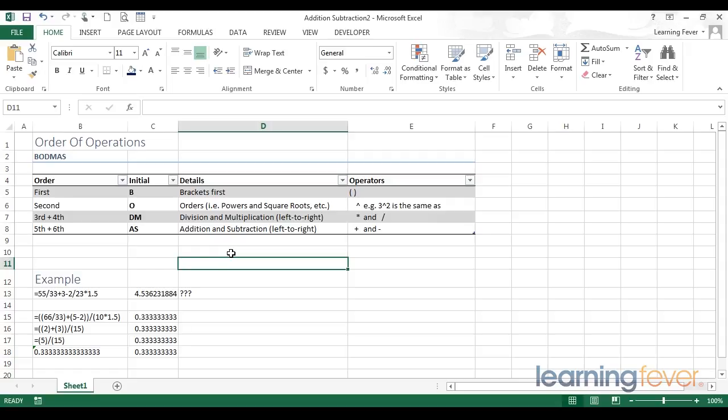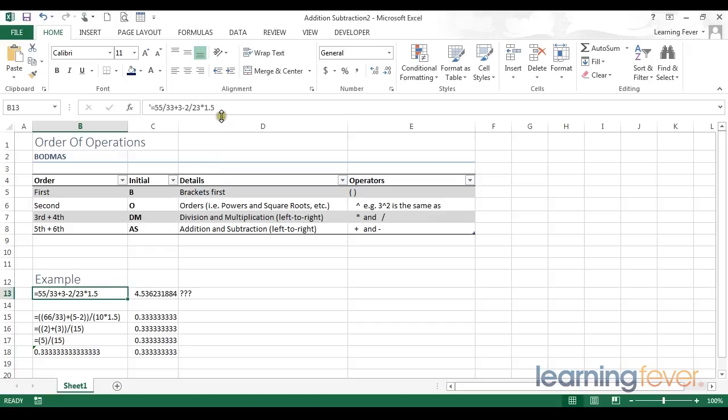So, looking at a formula such as this one, we can apply those rules and say, okay, let's look first for any powers and square roots. Okay, we don't have any powers or square roots. So next we need to do division and multiplication. There we have a division, there we have multiplication, there we have division as well. Okay, so then we need to go left to right, division followed by multiplication, and then we have some addition in there. And I can work it out, but very quickly it's starting to become a bit complex